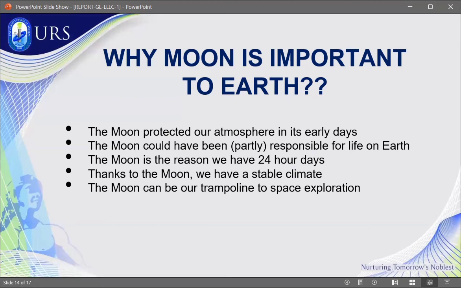So around 3.7 to 4.0 billion years ago, pinaniniwala ng mga expert na ang moon ang naging key para mas makasurvive yung mga early life forms. It is just still a theory up until today, pero kung mapapatunayan, masasabi natin na napakalaki ng natulong ng moon sa lahat ng life forms sa Earth.